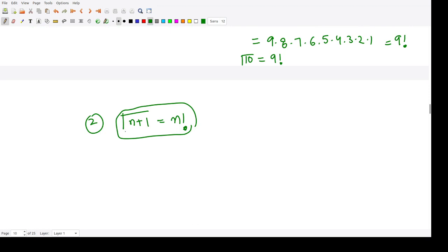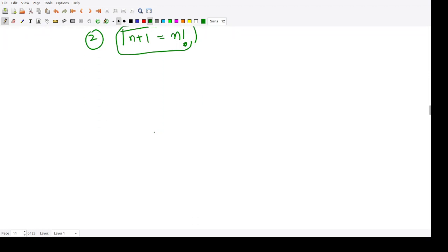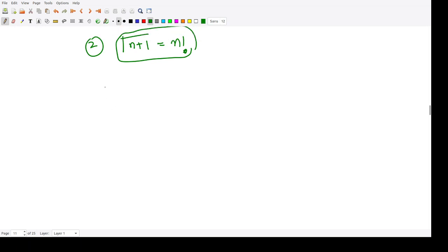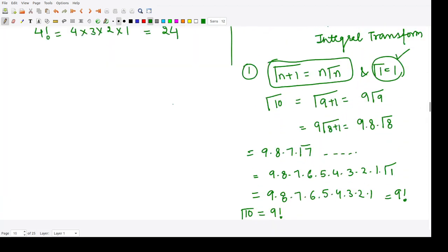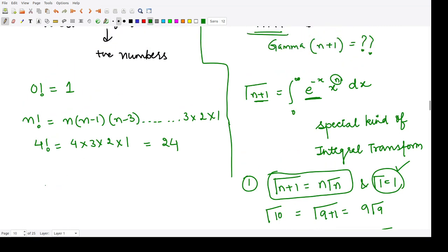The third property is this one: gamma of n plus 1 is equal to n factorial. Moreover, for the fractions, we have gamma of 1 by 2 equal to square root pi. So this is always true. And this gamma is required whenever you have these fraction terms, because this factorial